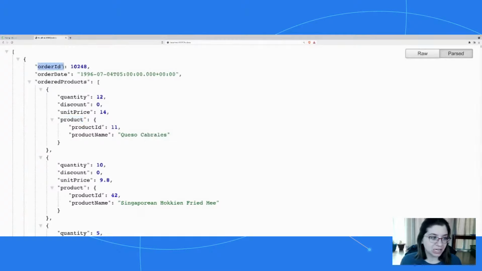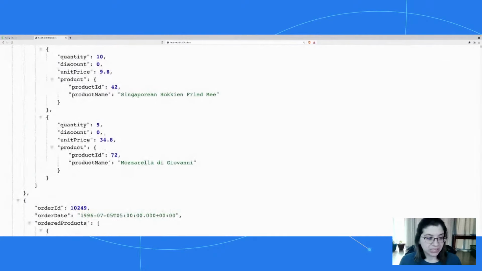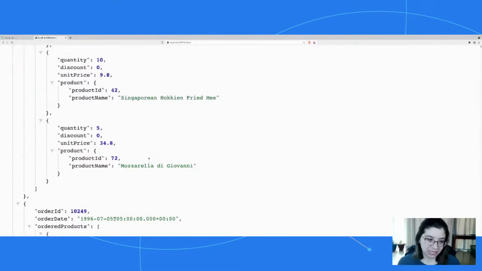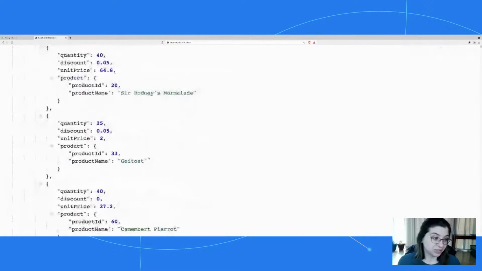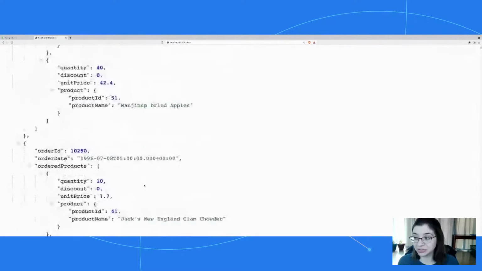I'm starting from the order table, getting the order object. Within the order object, it's got multiple line items. As you can see here, this particular order has 3 line items on it. So this one, it's queso and fried meat and mozzarella, it looks like. So it's getting then the line item stuff and then on over to the product to get the product information. So that's working really well. And you can scroll on down and look at a variety of other options here, but there's tons of them.